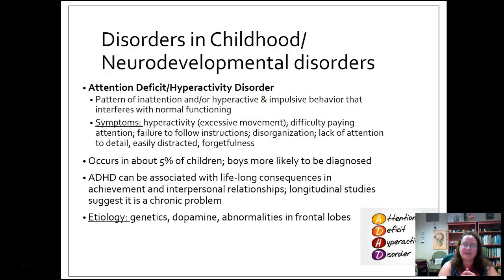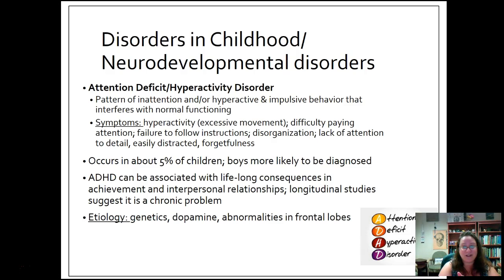But recent evidence actually suggests that there can be lifelong consequences of ADHD, so it can lead to issues with achievement or with interpersonal relationships. So it's really important to help individuals with ADHD learn good coping skills early on. And then longitudinal studies really suggest it can be chronic. So adults who were